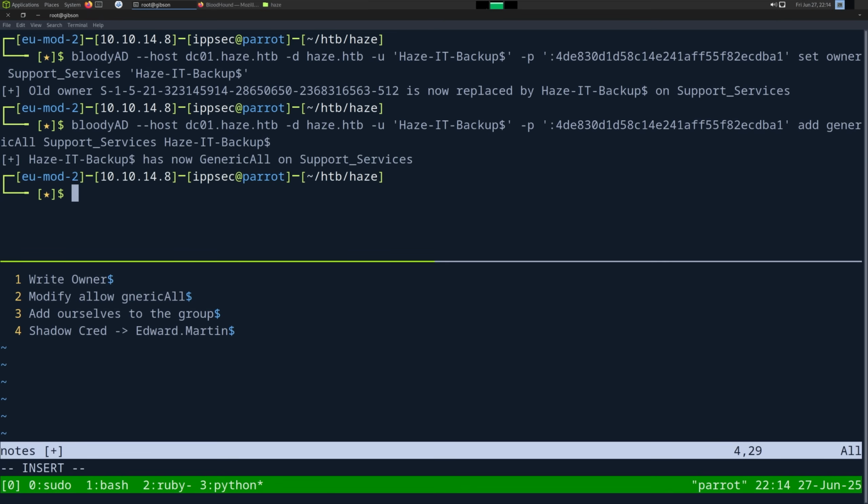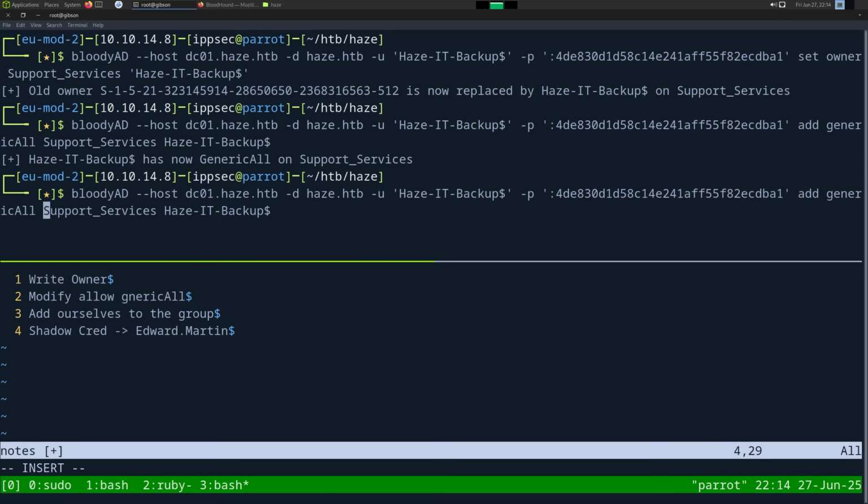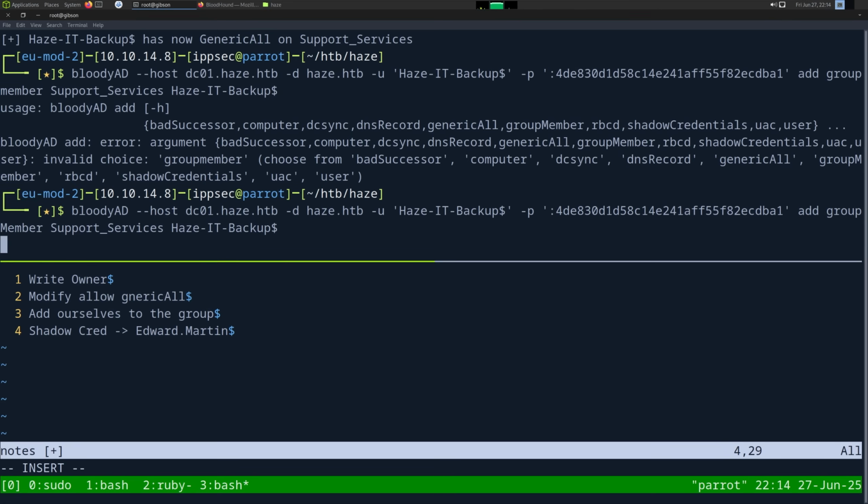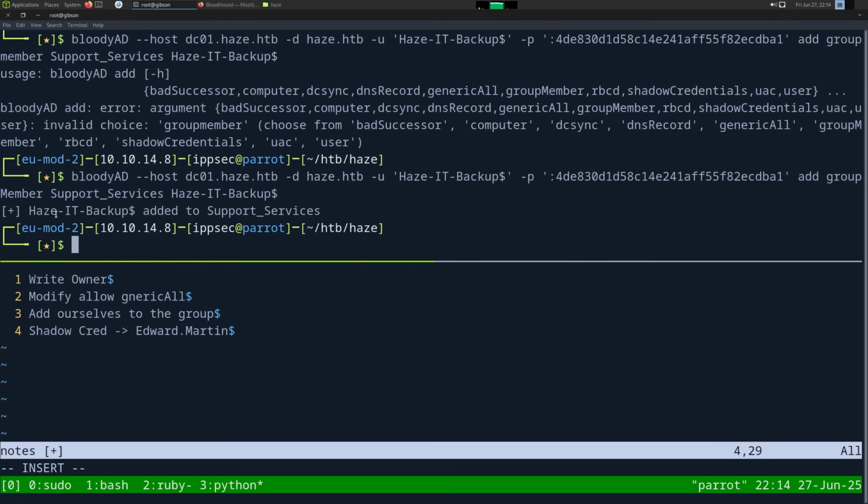There we go. And finally, we want to do an add group member. So we'll do add group member support services Haze IT backup. Is this wrong? Group. I screwed something up. Case sensitive. M is capital right there. There we go. Haze IT has been added to support services,